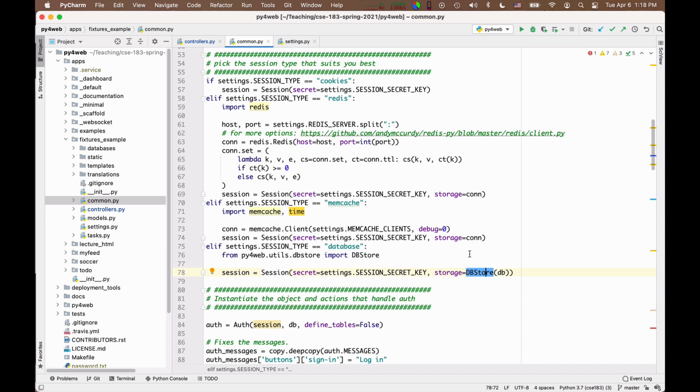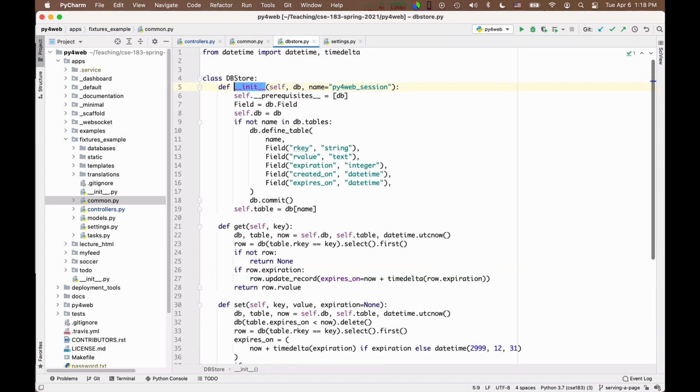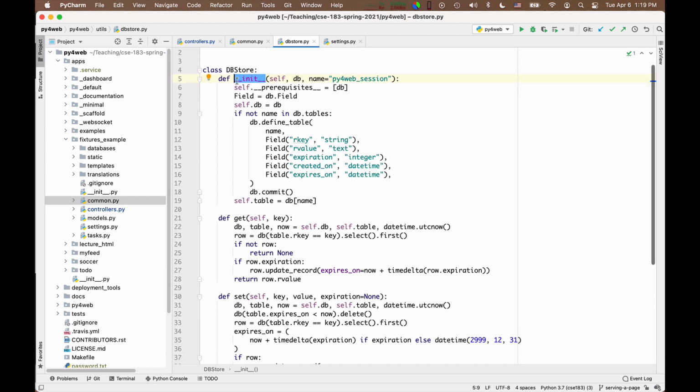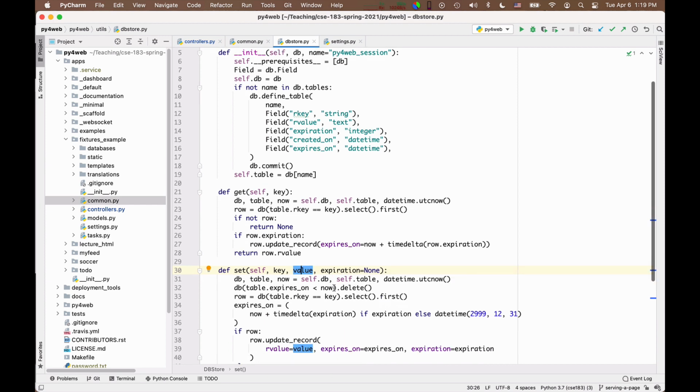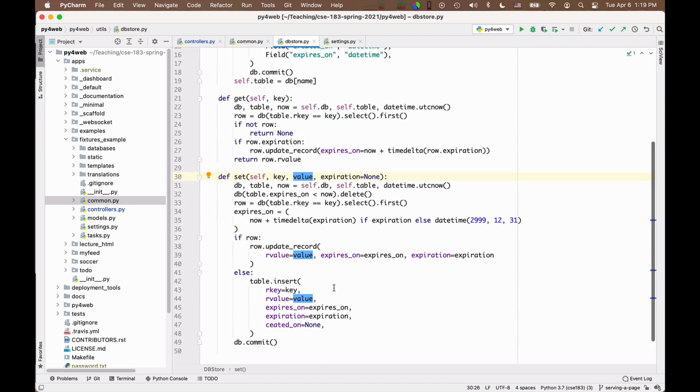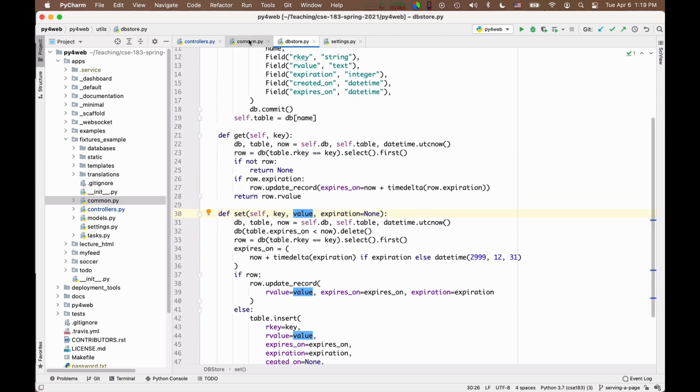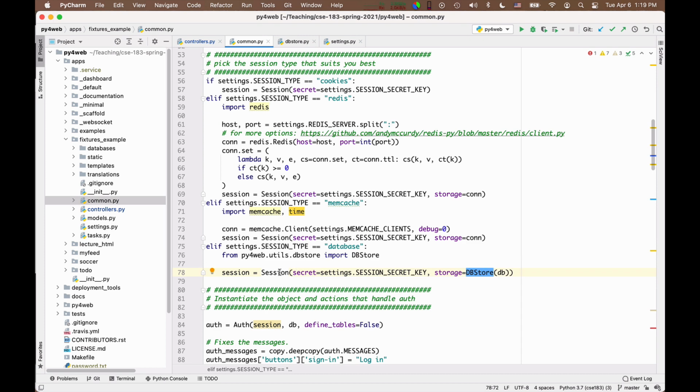We can look at this implementation. It's actually quite short. And so this is it. This is the DB store object. As you can see, it has 2 methods, get and set. The get method, you give it a key and it will read out the session. You can read the code for yourself, right? I just want to show you the general lines of it. And the set method, you give it a key and a value. The value is the session and an expiry time, and this will write it. Okay, so it's quite simple code in the end. And on the basis of it, you create a session object.